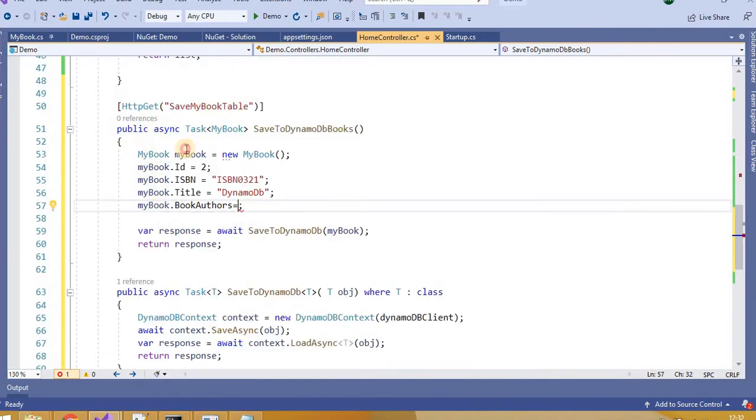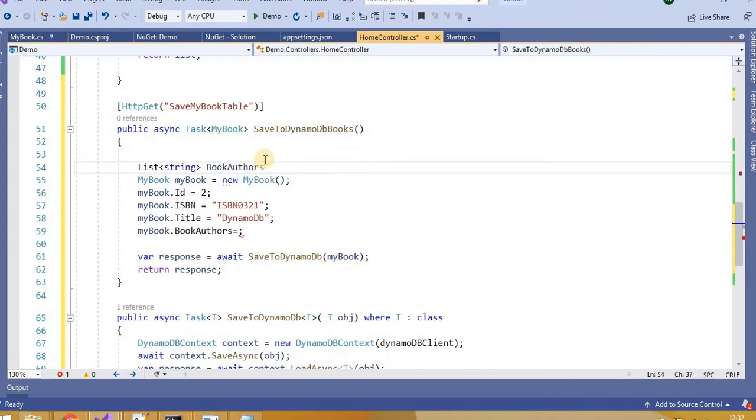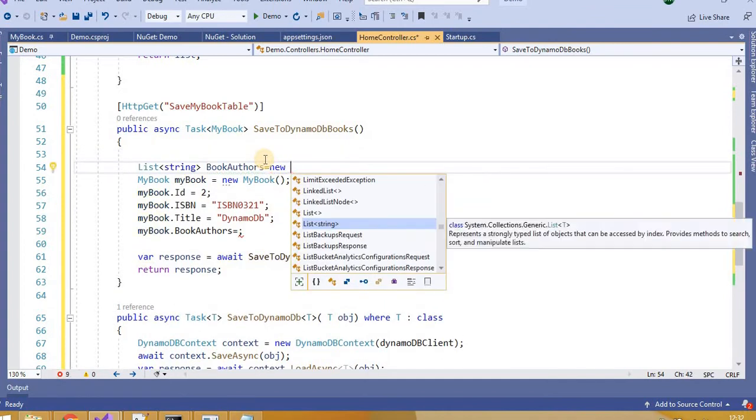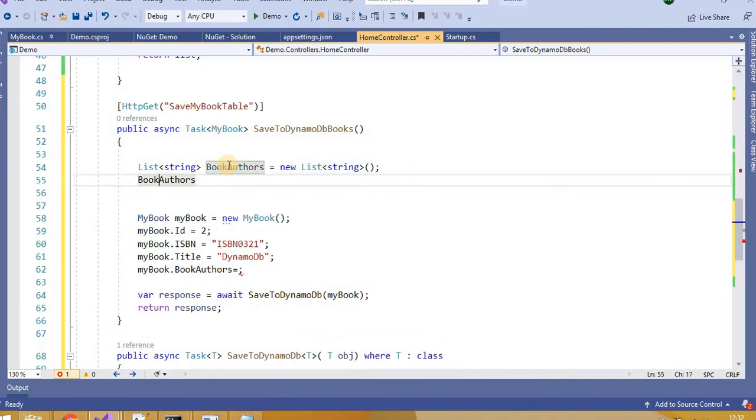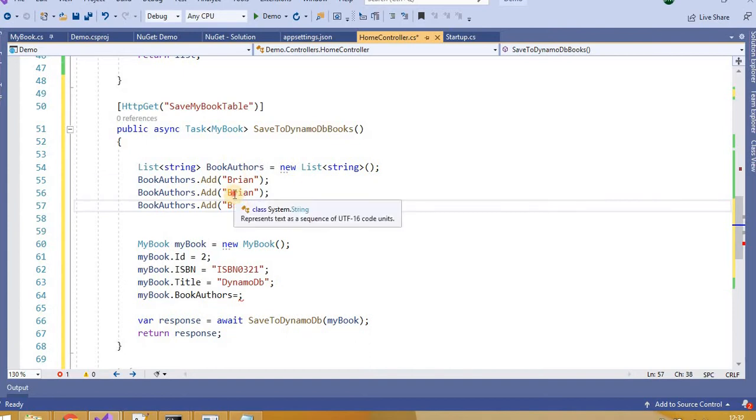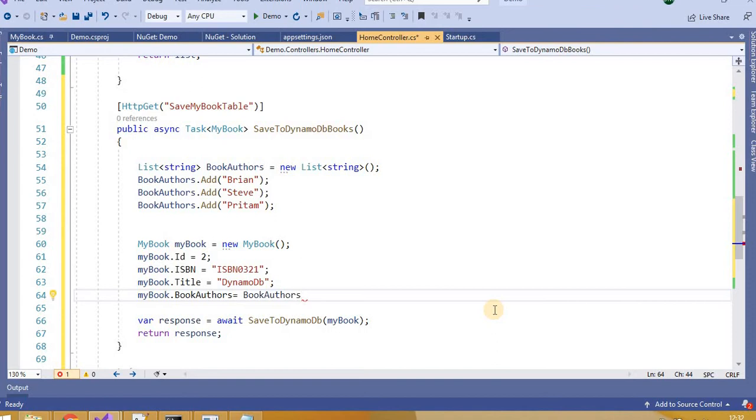Let's define a few authors before it. Just fine.